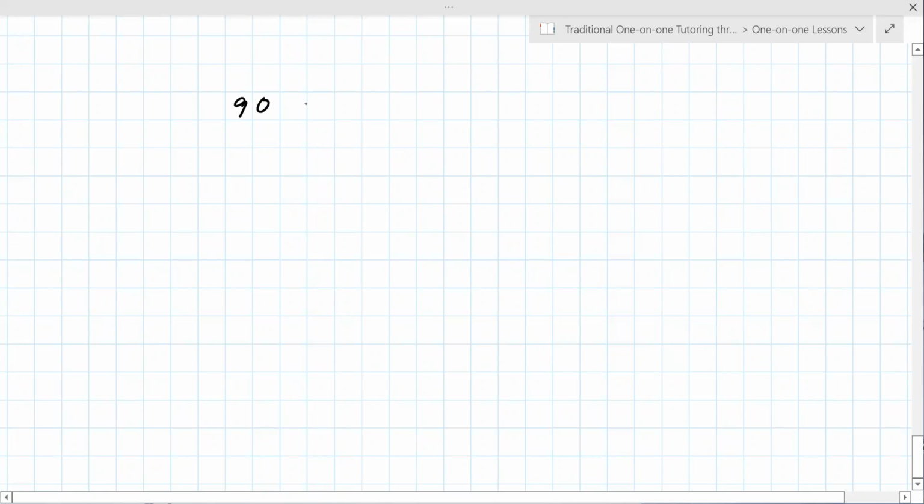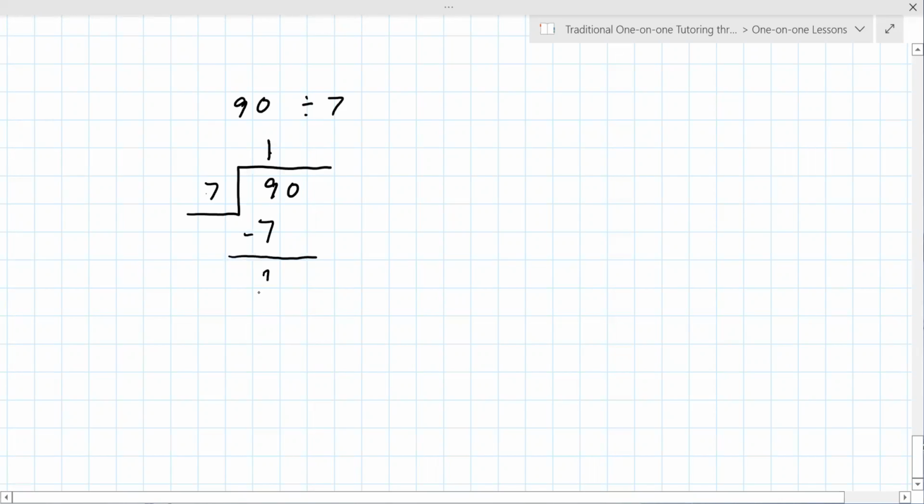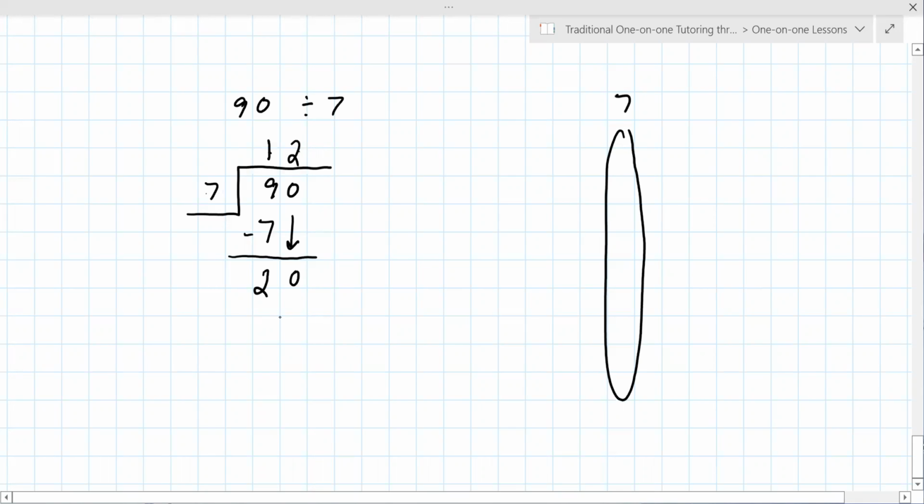Okay. Let's do 90 divided by 7. So 7 into 90. How many times does 7 go into 90? 1. It goes in 1 time into 9. 1 times 7 is 7. Bring the 0 down. Now, how many times does 7 go into 20? And you're looking in that column with 7 now. 2. Goes in 2 times. 2 times 7 is